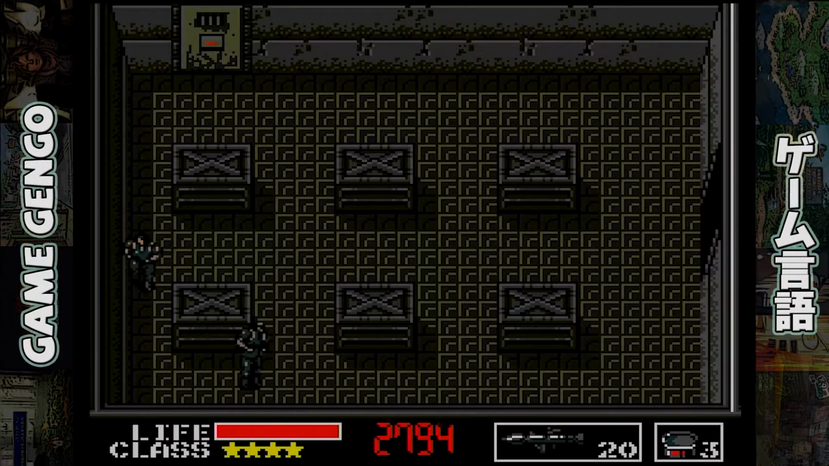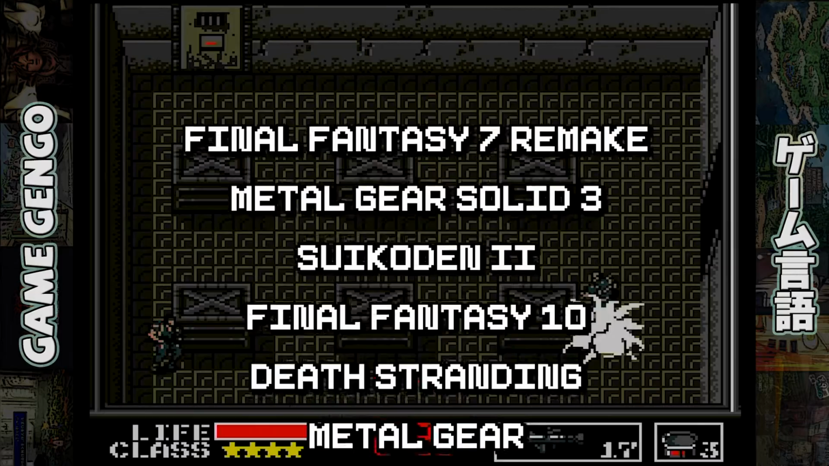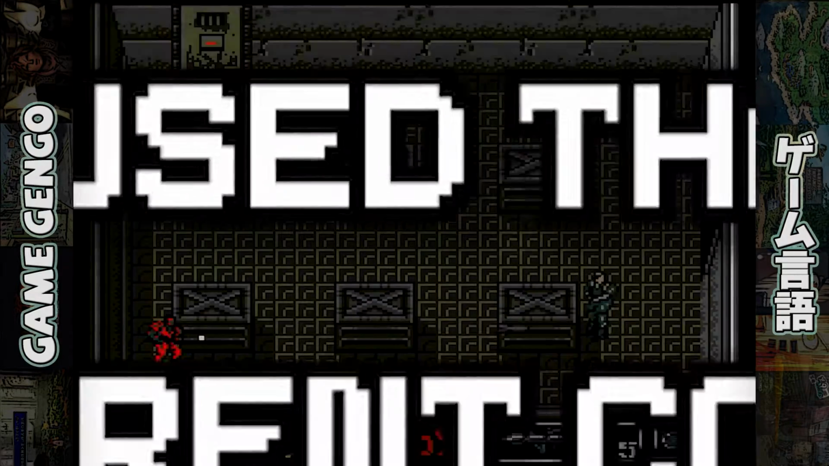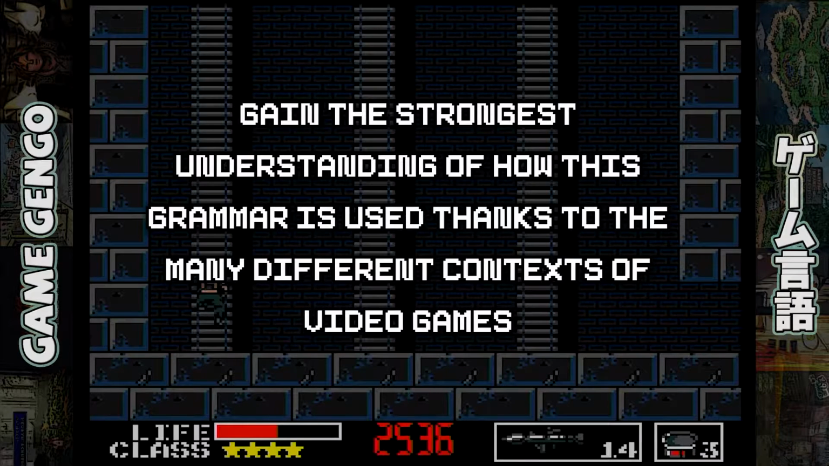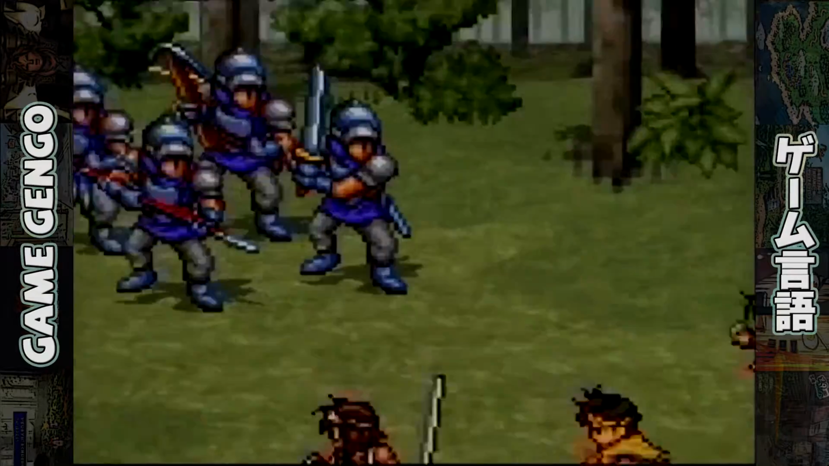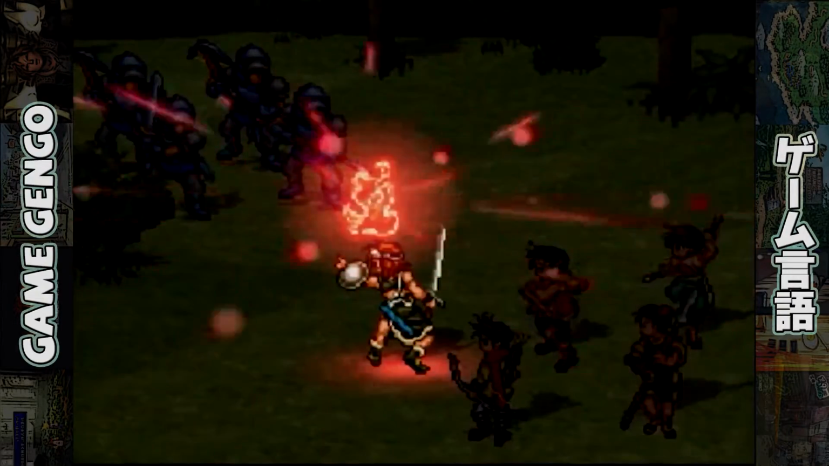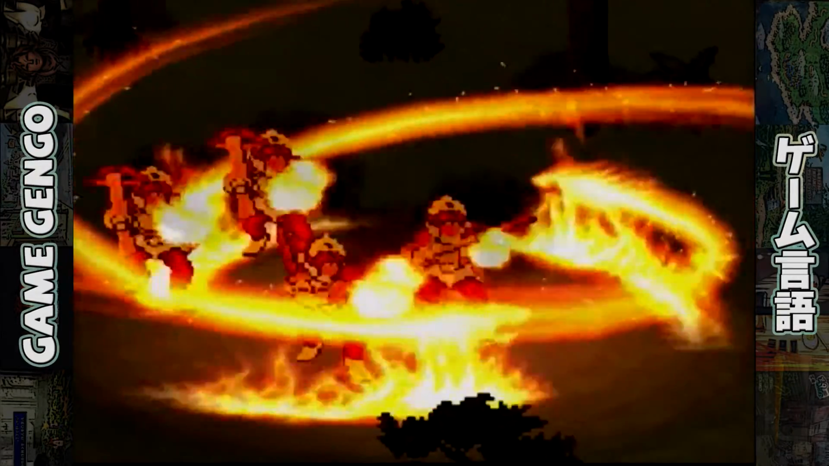In this video, we'll go through several examples found from various different video games so that you can get a strong understanding of exactly how making someone or letting someone do something is expressed with Saseru in Japanese. So before we get into any examples, let's just very quickly take a look at the rules of how to